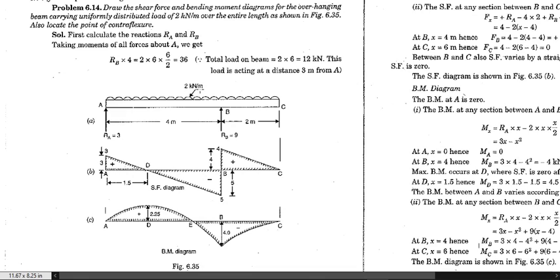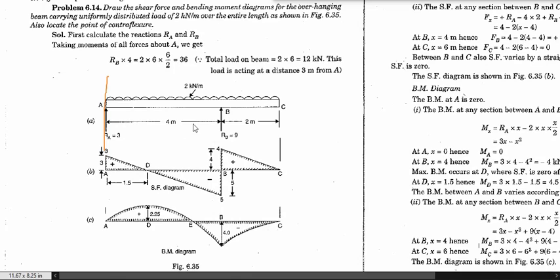If 2 kilonewton per meter has been applied and you are not able to calculate this reaction, then you can't proceed in this numerical further. So how can you determine these reactions on the support? You have to take, just a second. Let us suppose that this is the section. This is the plane about which the moment is zero, then only we can determine the end reaction. So we will be taking this plane, and about this plane every moment will be zero. And the two major forces will be this RB and this UDL.